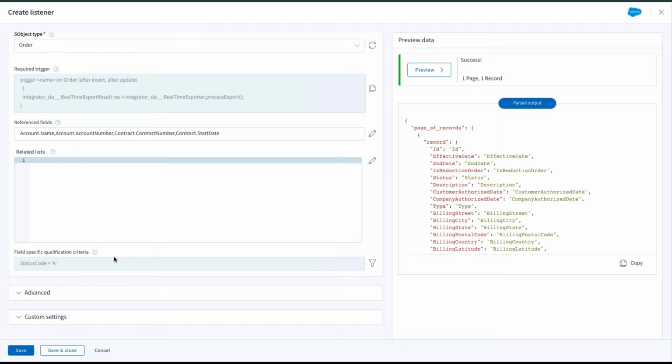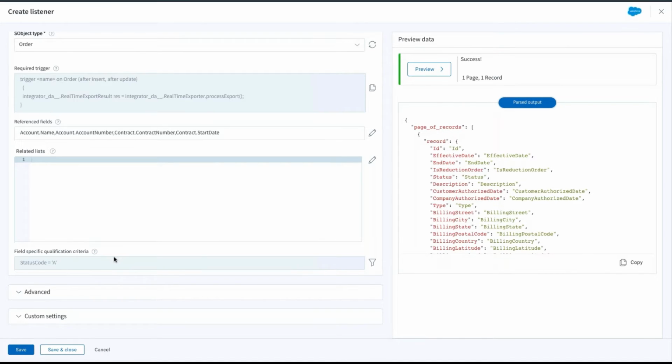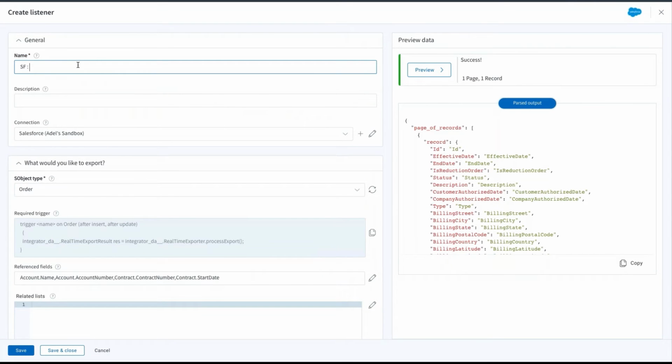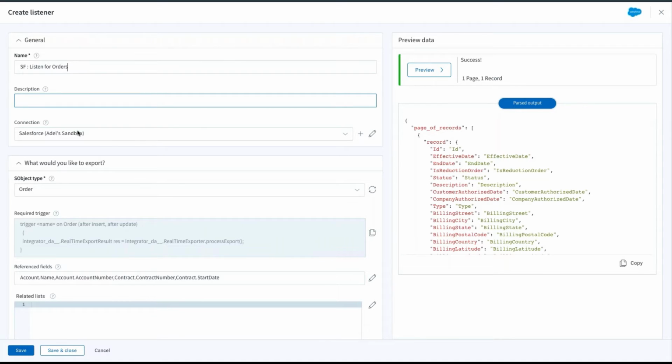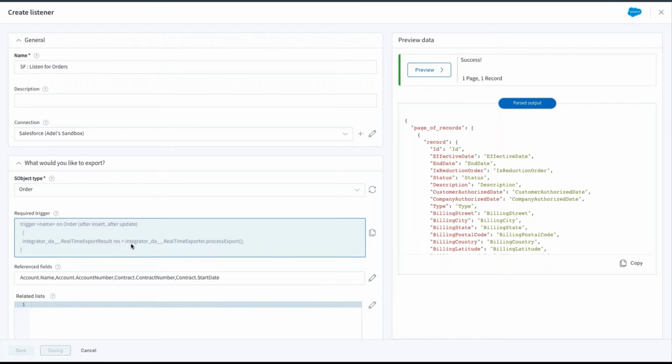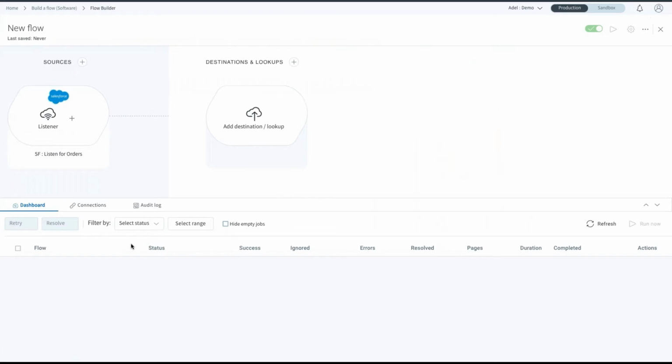Now, if we save and close this, we allow the platform to do what it needs to do in the back end. Oh, I forgot to put a name. This is very, very relevant. So here, let's call this "listen for orders." There we go. We'll save and close that. And there we are. So now we've done step one of the creation of the flow, which is essentially defining